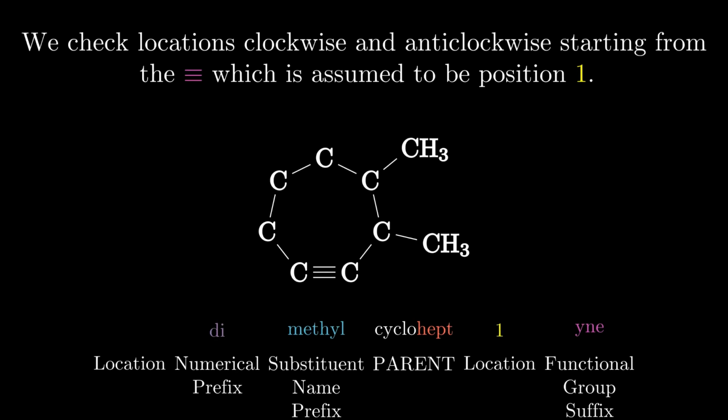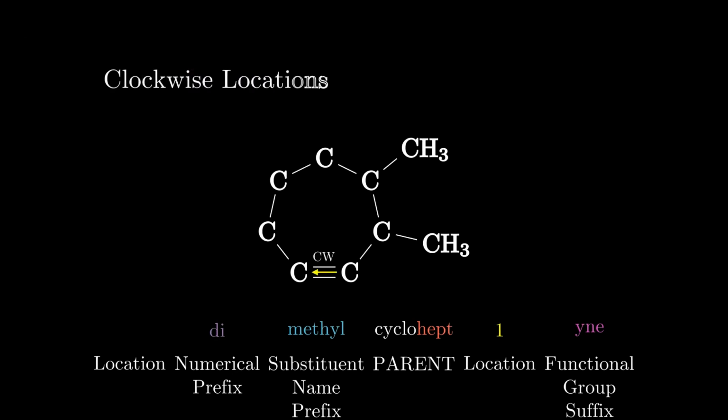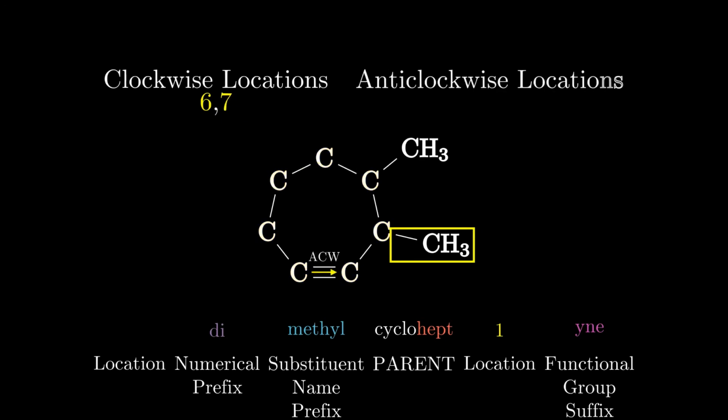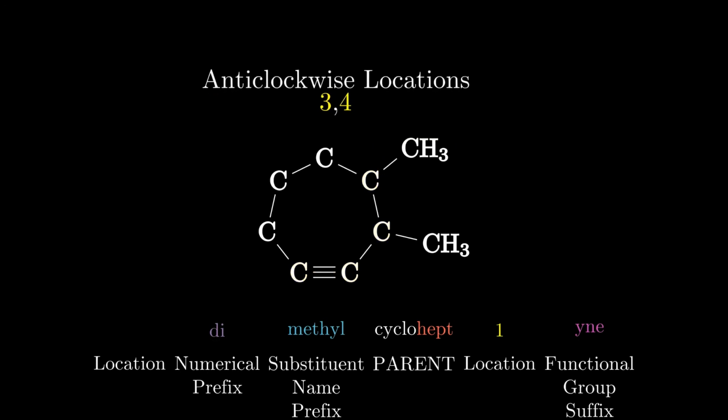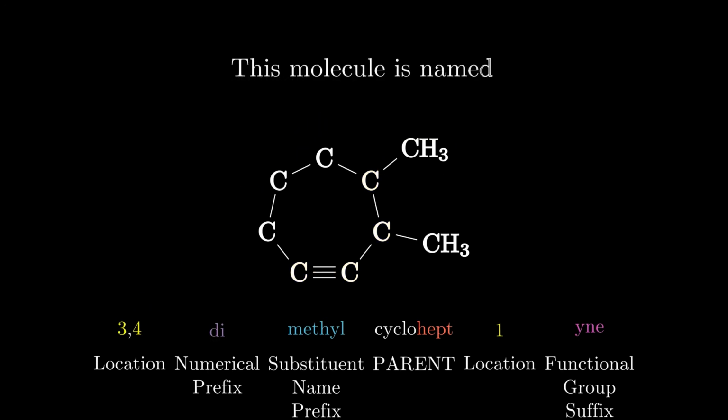However, in the case of alkynes, like alkenes, we at least know where the position 1 must be. So starting from the triple bond and going clockwise, we get the numbers 6 and 7 for our methyls, which is, more or less, as big as it's going to get for a 7-carbon ring. When we go anti-clockwise, the numbers are 3 and 4 instead, so clearly this is going to be the direction we number the molecule. With the substituents identified and the locations appropriately numbered, we put together the name, which is